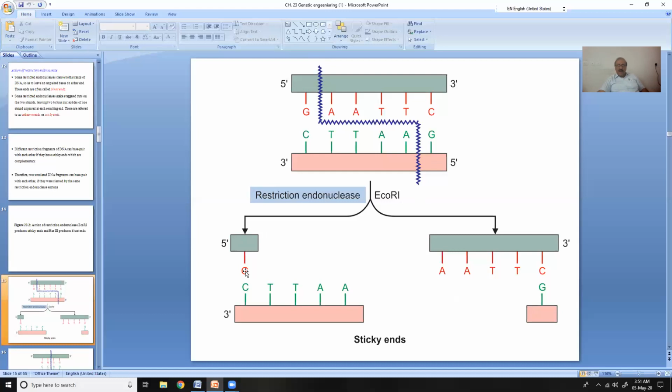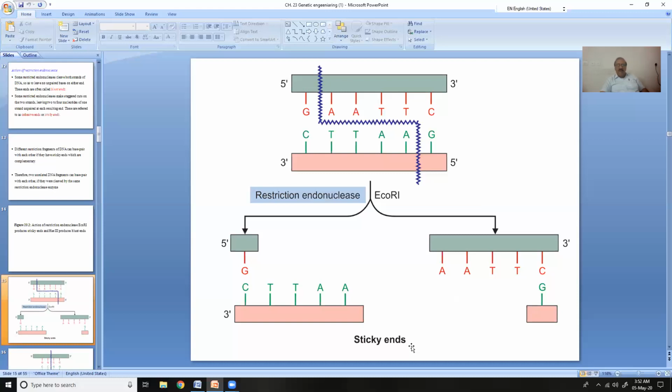Okay, and this G is combined. So this fragment is cut off. Only this G is remaining, and this G is remaining. So they are sticky ends, because after this we are having these unpaired bases. They are sticky ends, because T, T, A, T, T are unpaired bases here after the action of restriction endonuclease, producing sticky ends.